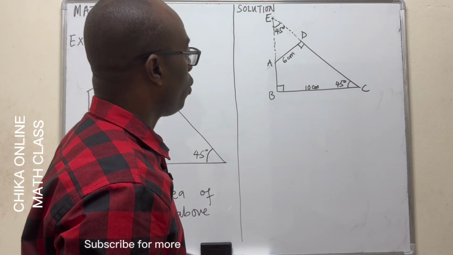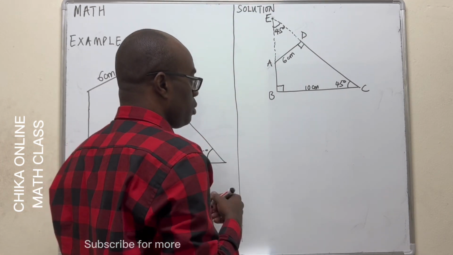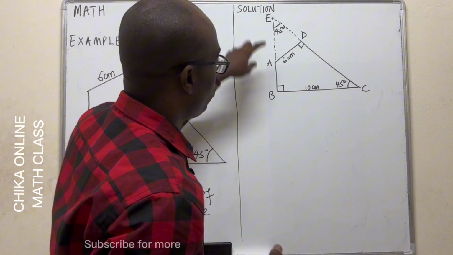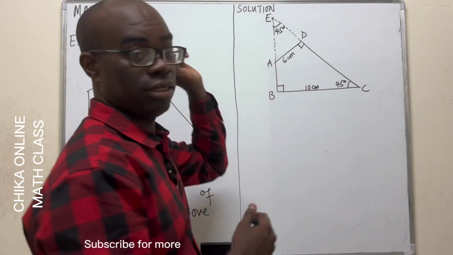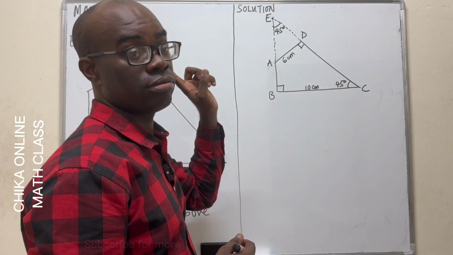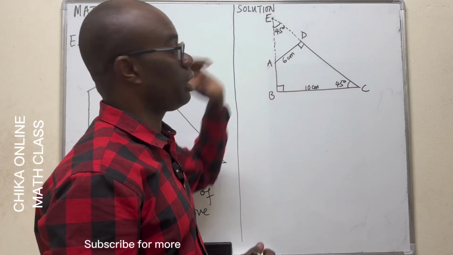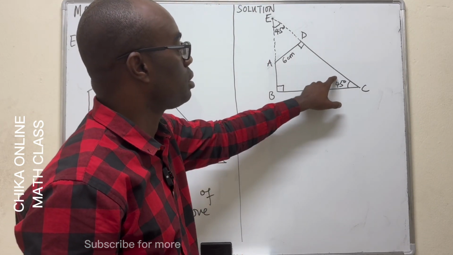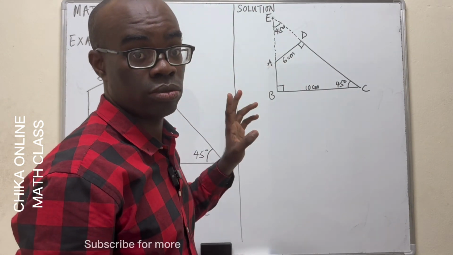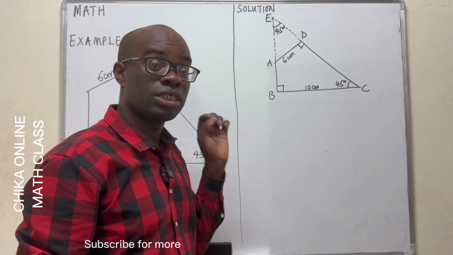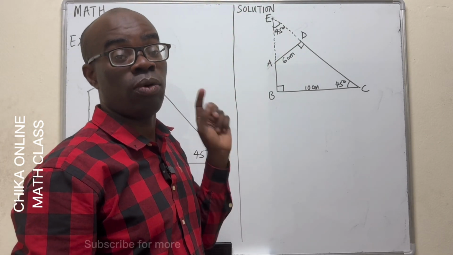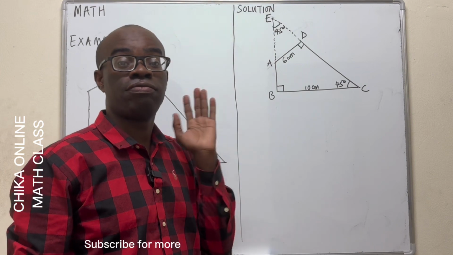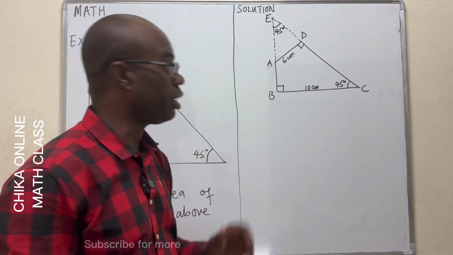So now observe that triangle BCE is an isosceles triangle. BCE is an isosceles triangle because it has two angles equal. Therefore, it must have two sides equal. And what are the sides? The sides facing opposite the angle. Okay? So,